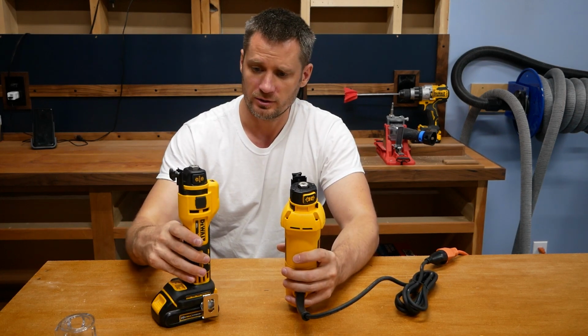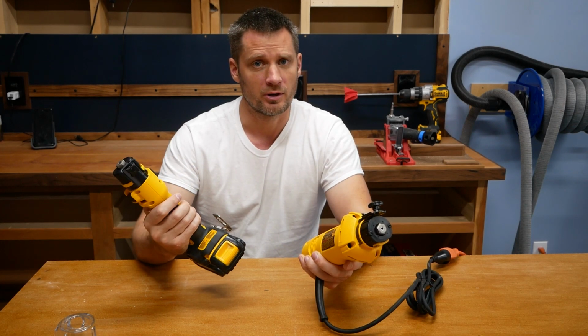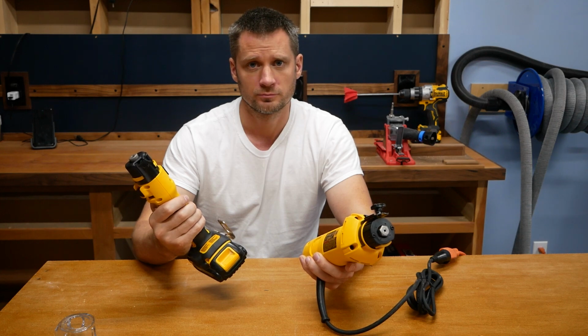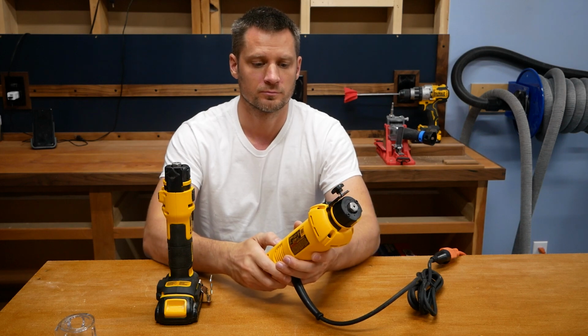One thing I also wanted to show is a difference in how loud they are. So this battery powered one, it's pretty quiet actually. Corded,